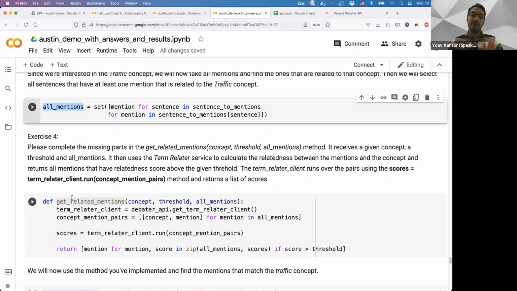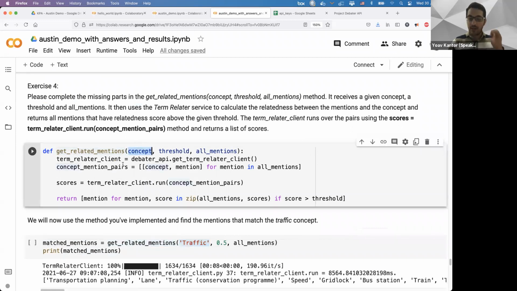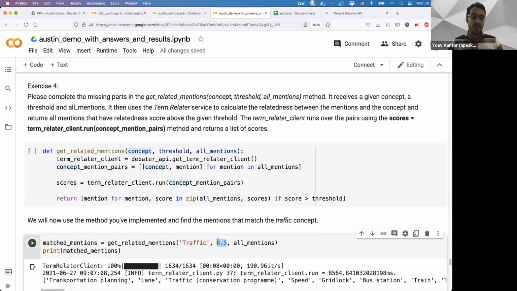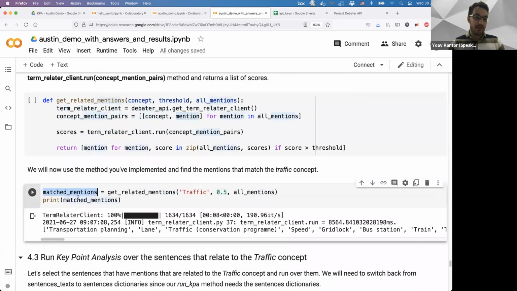And then we want to find the mentions that are similar to the traffic concept. So here we pass the traffic concept, and we want to find all the concepts that have a relatedness score above 0.5 with the traffic concept. This is the method that runs the term relator between the traffic concept and all the mentions in the sentences, and we print them to the screen.